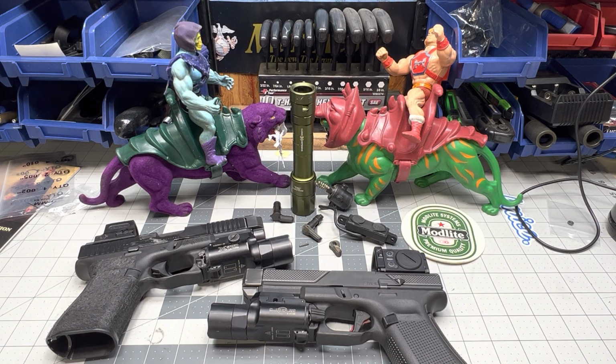I started off with a dot on a pistol several years ago. I started off with the Leupold DeltaPoint Pro, and I didn't care for it. Lord of mercy, you had to have a 3/4 inch tall front sight post to even have backup irons, and I didn't like the dot. It did not work well for me. I have astigmatism, and it didn't play nice with me, and had this weird reflection thing where I could see the emitter. So I didn't keep it long. I got rid of it, sold it,